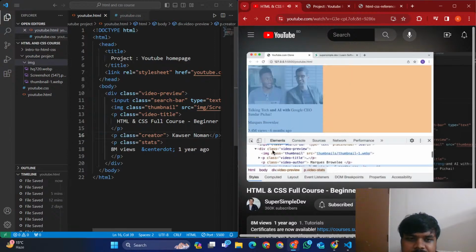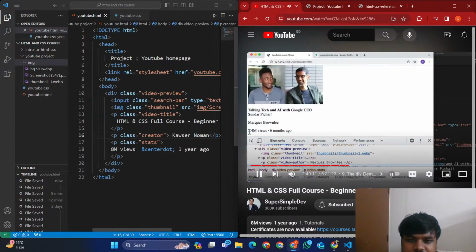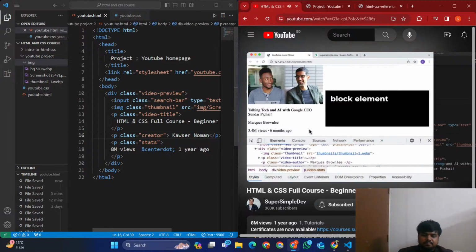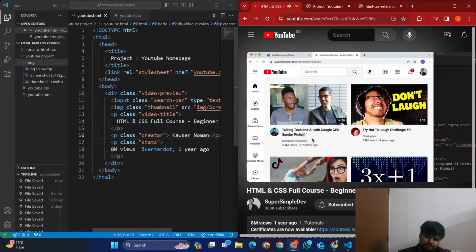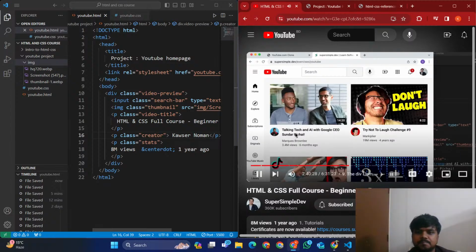Paragraph is inside a div, it takes up the entire line in the div. So the way that block elements actually work is that they take up the entire line in their container rather than on the page. So that's really useful because if we look at our final project, for these paragraphs, we want them to appear